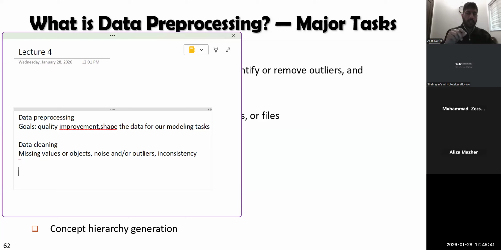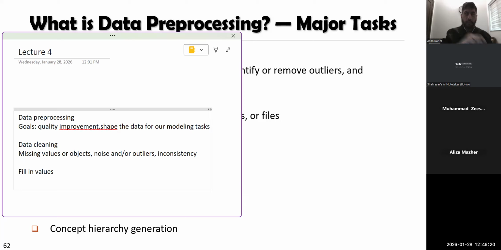But of course, that is based on some threshold, and 70% is a very large number of values that are missing. If the number of missing values is lower, you may consider using those records with the missing values, or filling in those values. So you can actually fill in values as well. And the idea in filling in the values is that we want to fill them in as close to the true values as possible. And obviously, since you're going to use a model to fill in the values, you're not going to achieve